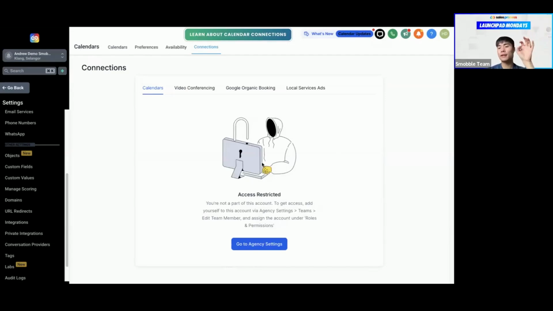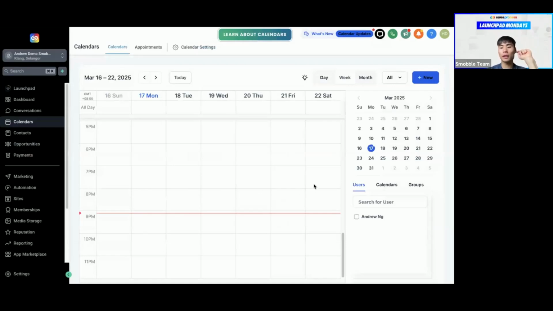Now, once the calendar, let's say if it's Google, or Outlook, or whatever calendar you use, is connected, all the events and appointments that appear in that calendar will be synced with the calendar feature that appears in here. If we go back, it will be reflected, and you will see the events appearing in here as well. Okay. Again, the connection is